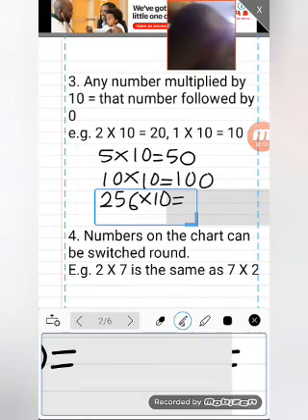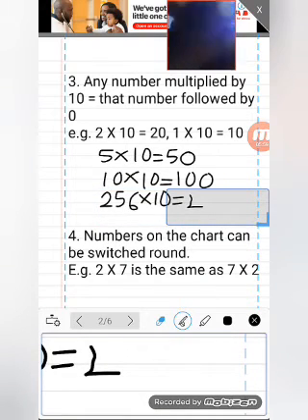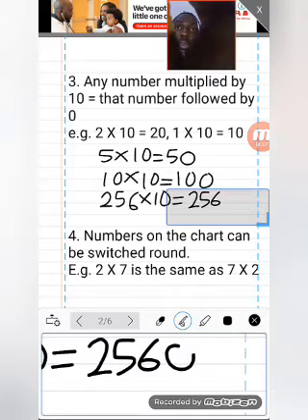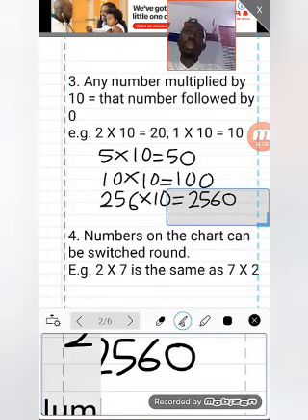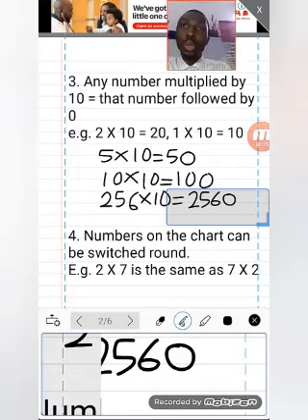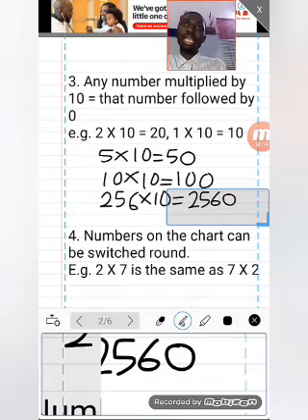256 times 10. So what do we do? It means 256 with a 0, and that gives us 2560. So any number multiplied by 10 will be equal to that number followed by 0. That is the answer. It's a trick, and it's also a fact in